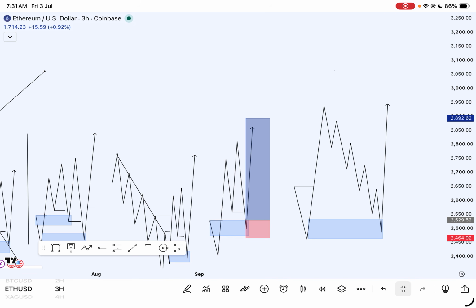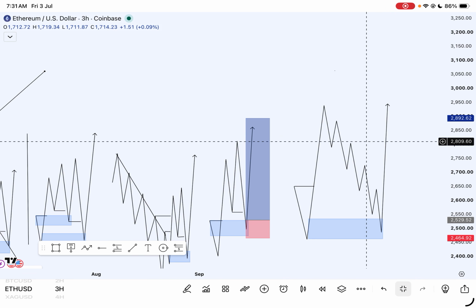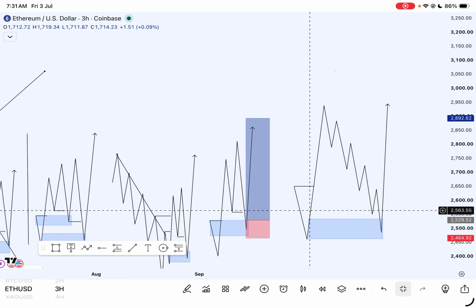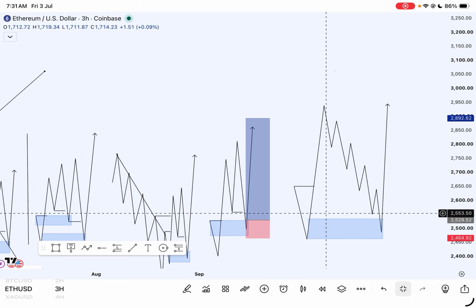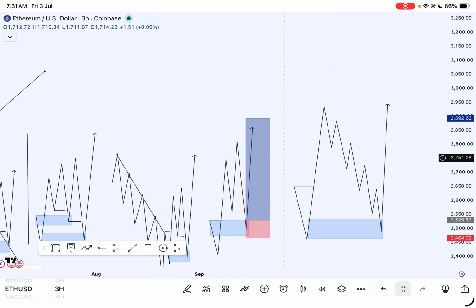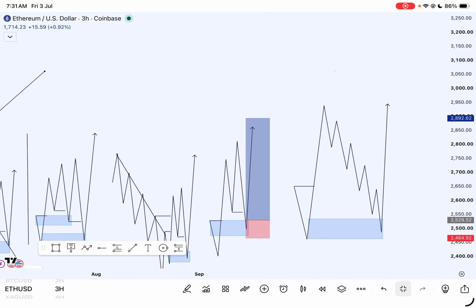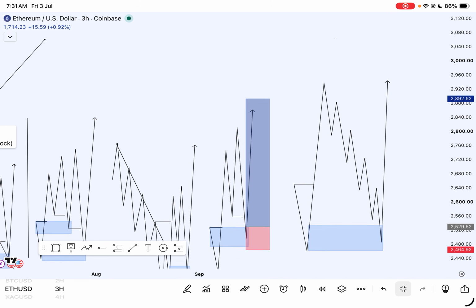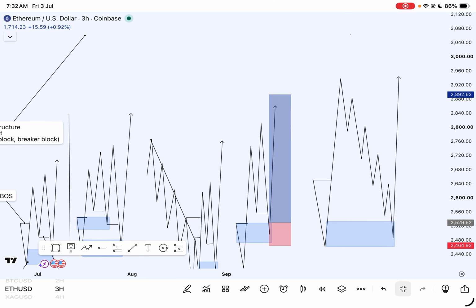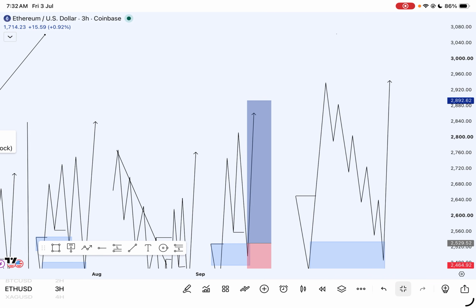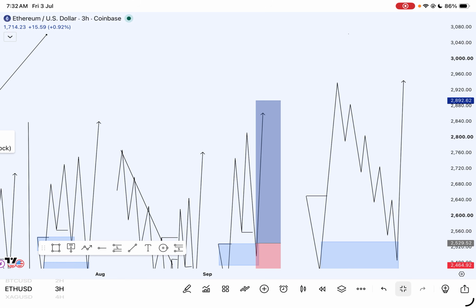Now this fifth kind of structure is the fifth kind of structure I trade. I will advise you that if from this explanation you don't understand it, it's best to just avoid the structure. But if you know that you understand it, you can trade it. A lot of people do fall for this kind of structure. A lot of them fall for the trap. Now for this kind of structure, you notice that price has created